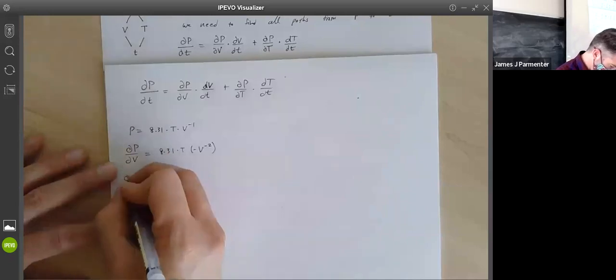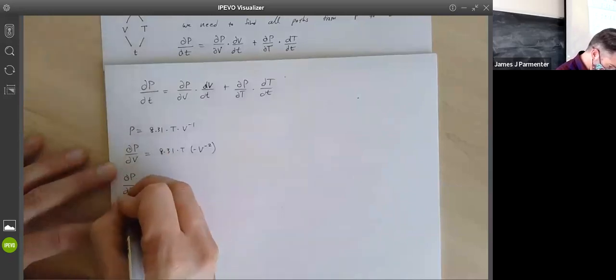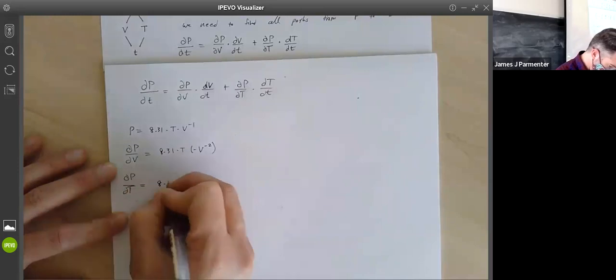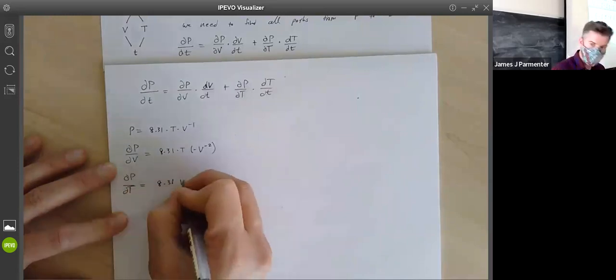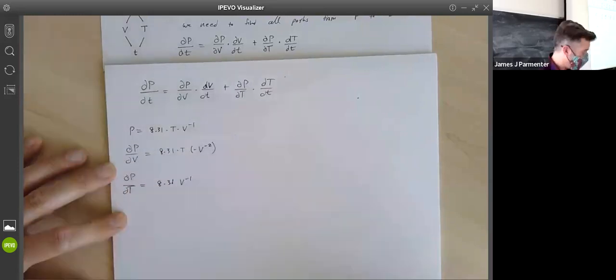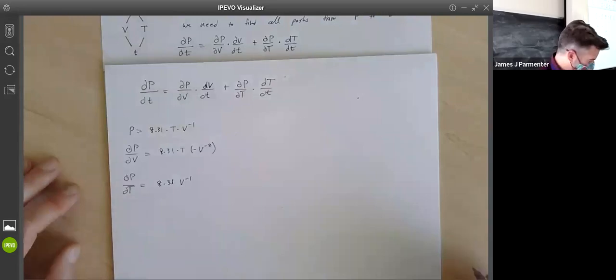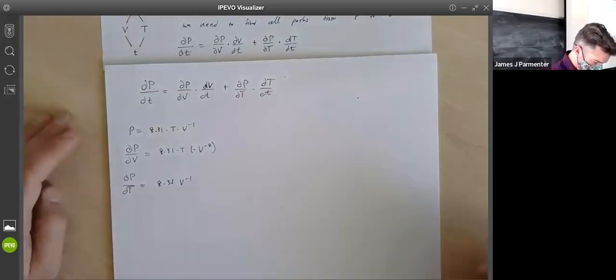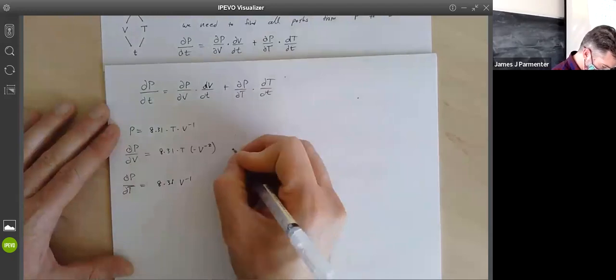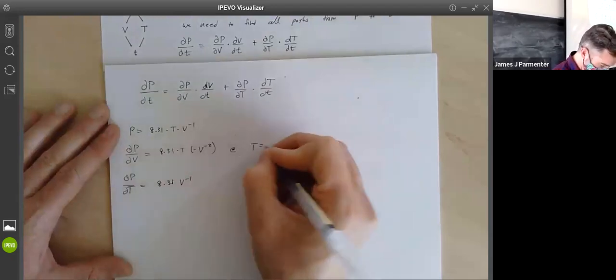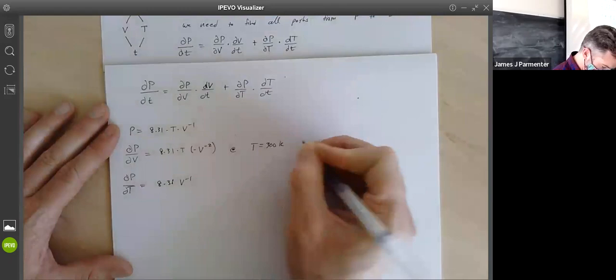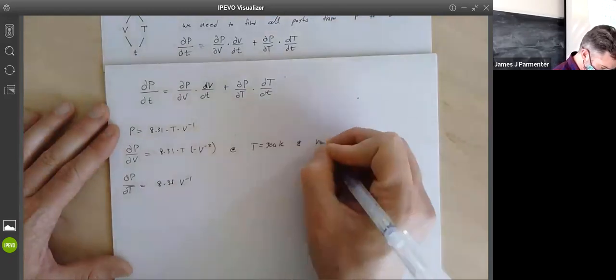And del P del T is going to be 8.31 times V to the negative first. Those aren't so bad. And then if we're plugging in at T equal to 300 kelvins and V equal to